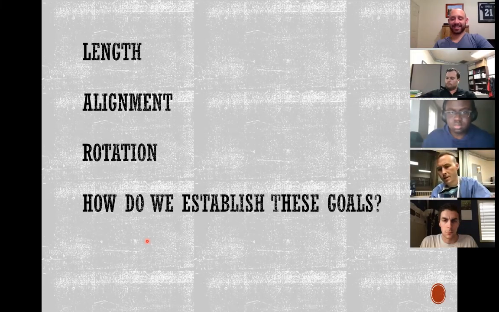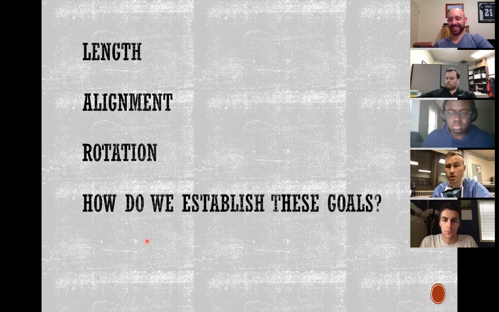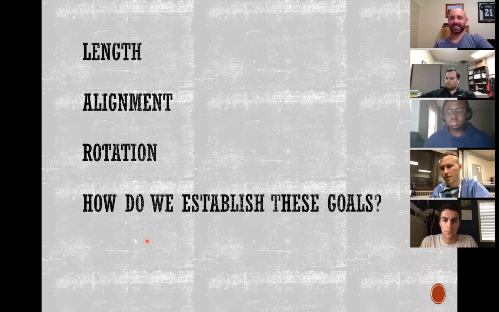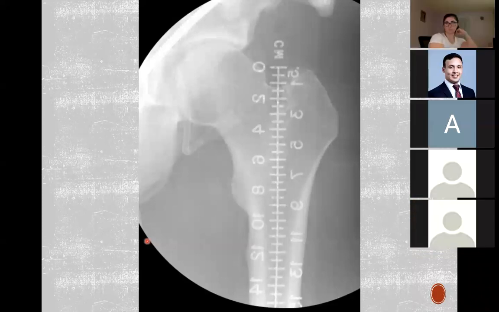In that situation, it's still a little bit tricky to establish your rotation, but it's certainly difficult when you have significant comminution, and you could basically spin the two bone ends in any position in space. So we have some nice techniques for trying to achieve these goals, and we know that we're not perfect at it. So in order to obtain length, what we typically do is we take a radio-opaque ruler and we lay